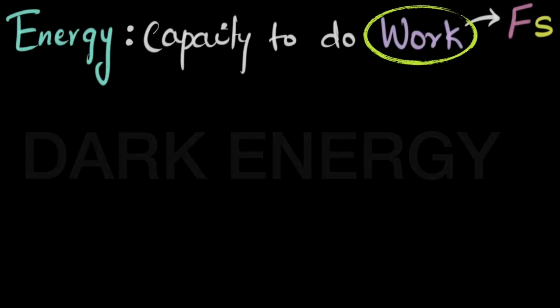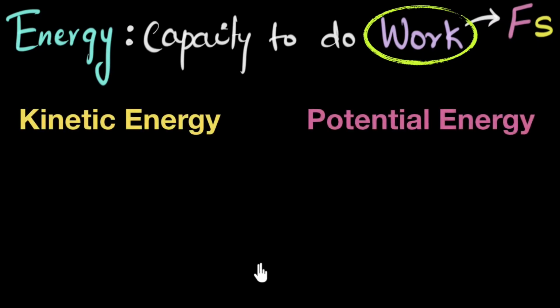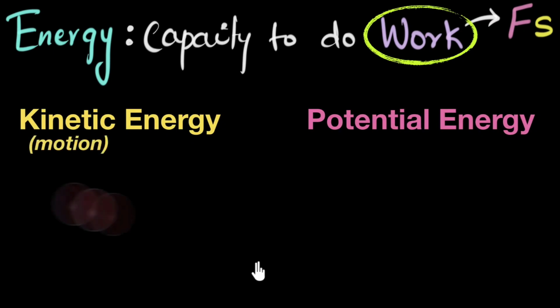All right? So, let's quickly summarize what we learned in this video. Anything that can do work must have energy. And we mainly saw two kinds of energies, kinetic energy and potential energy. Kinetic energy, the word kinetic stands for motion, so it's the energy due to moving things. Anything that is moving can do work, and so it must have energy. Faster it moves, more kinetic energy it has.